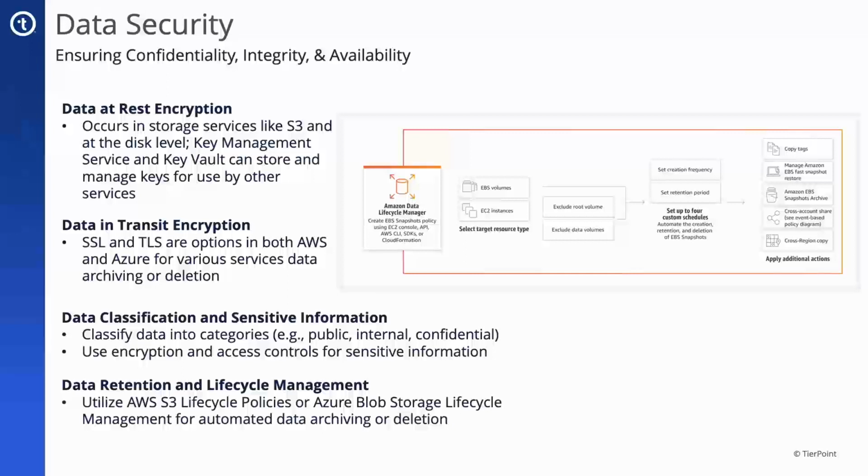Classifying data and sensitive information in public cloud environments is important for several key reasons, security being the chief reason. Knowing which data is sensitive helps in applying appropriate security measures like encryption or access controls to protect that data. In addition to that, we have compliance, which we had mentioned earlier, and resource allocation. Not all data requires the same level of security. Classification allows you to allocate security resources more effectively, focusing on the most critical data.